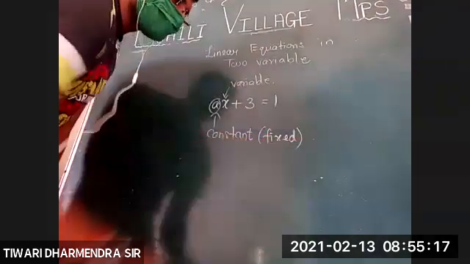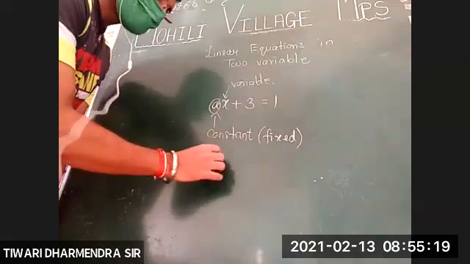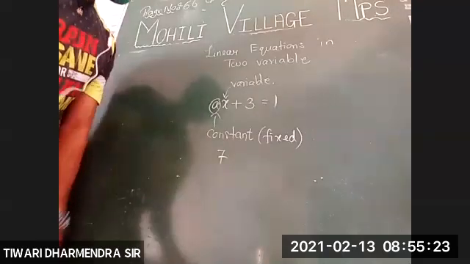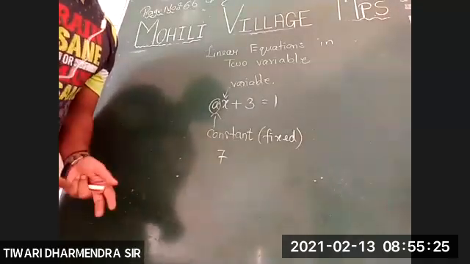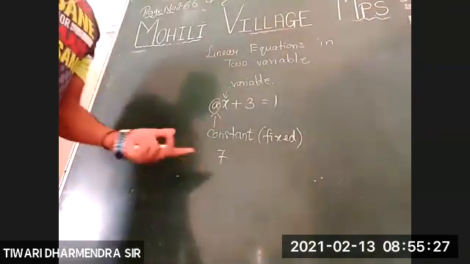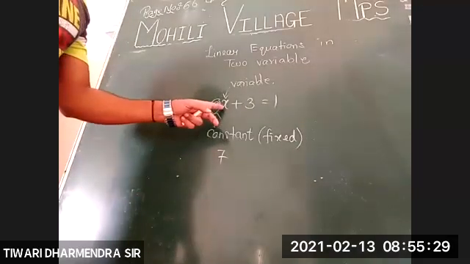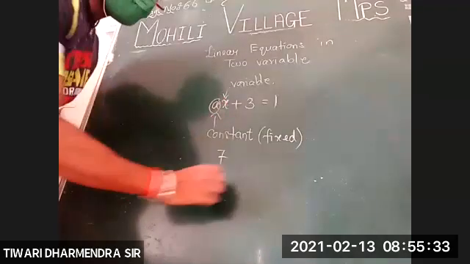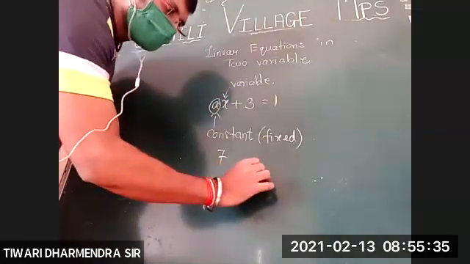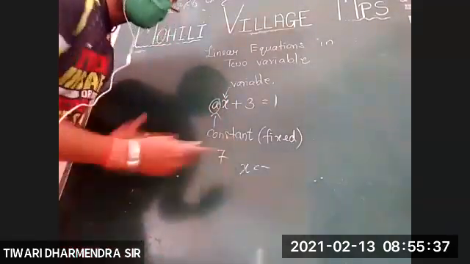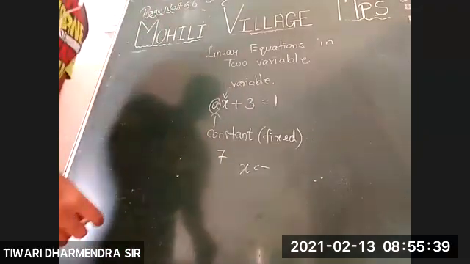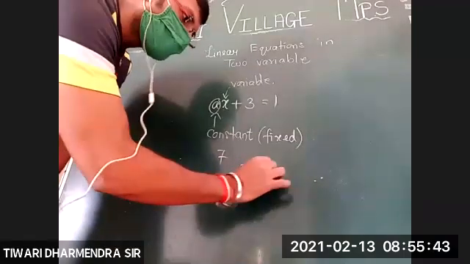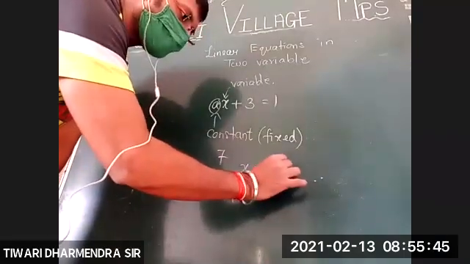It never changes. If I'm saying I'm having a number 7, it is not going to change. It will remain 7 throughout. It will never change its value. When we say that something is a variable, here I'm saying x is a variable, it means x can change its value according to the given condition. So I will tell you how the condition occurs. Variable means value keeps on changing as per requirement.